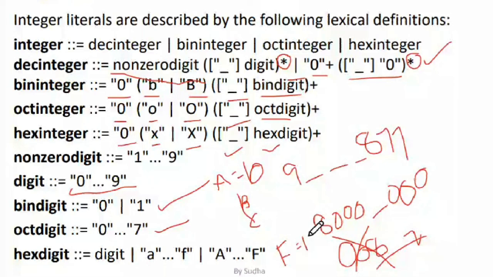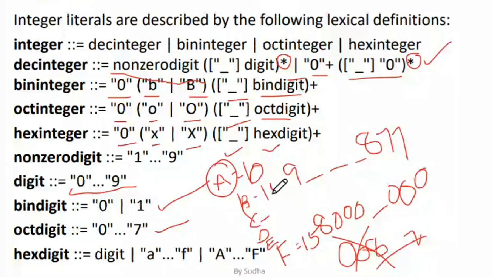So A, B, C, D, E, F, and you can write the A in uppercase or in lowercase. B stands for 11, C stands for 12, D stands for 13, E stands for 14, and all that.